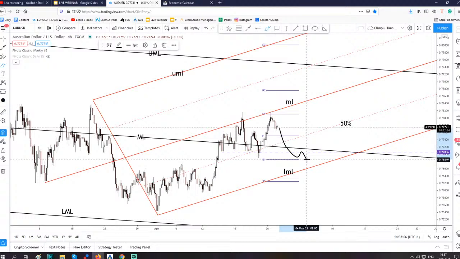If it drops here below these former lower lows, then we could think that the pair could drop further. And as you can see here, I will draw a sliding parallel line and place it here, because I really want to show you why the price has decreased a little in the short term, because it has reached this sliding line,